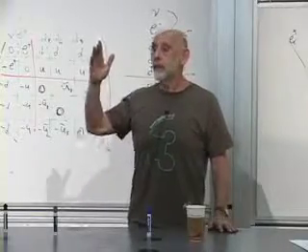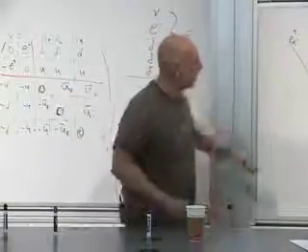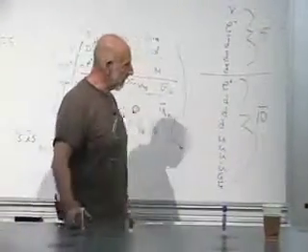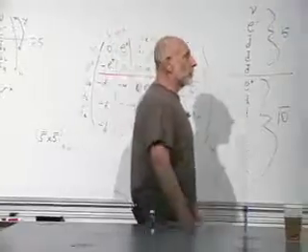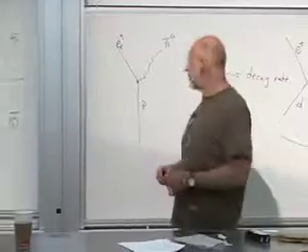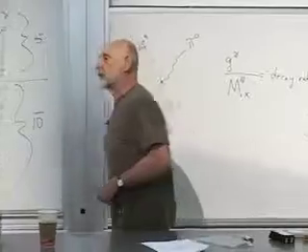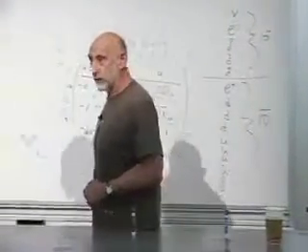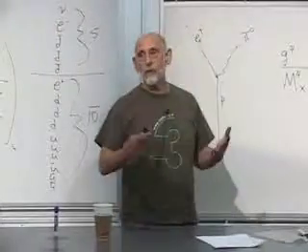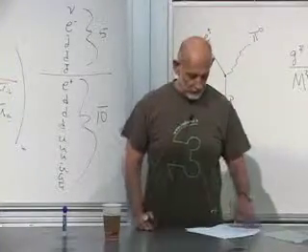10 to the 33 years is the observational bound. Big number in between. G to the 4th, not important. The only thing that can save us is m to the 4th, if m is big enough. How big does m have to be in order to be consistent with the 10 to the 33 years? The answer is about 10 to the 16th GeV. If this number is 10 to the 16th, let's see, is that right? 10 to the 16th, to the 4th, yes, that's the right number. 10 to the 16th GeV